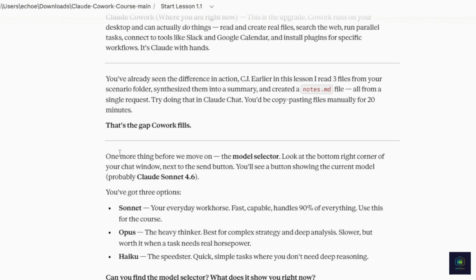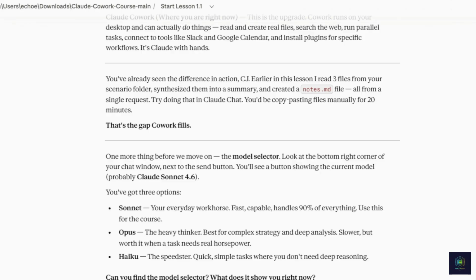Now, we do have to go over this one more time before we go to the next session because this is very important for everybody. You don't want to be working and then 5 minutes later your usage is all up. So the model selector is right here at the bottom right corner.